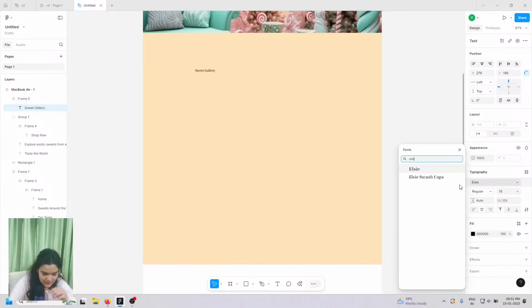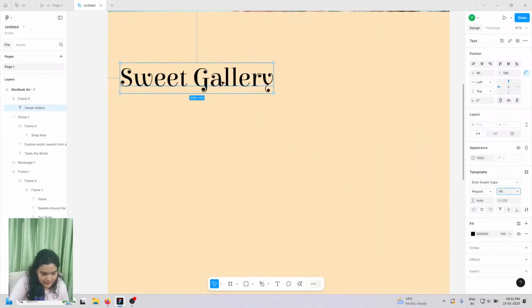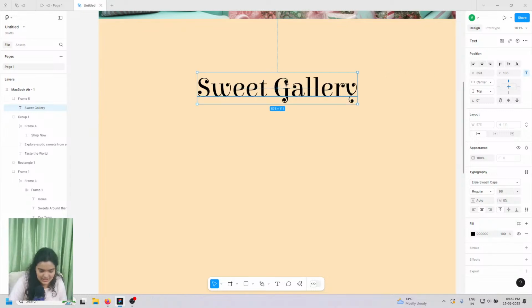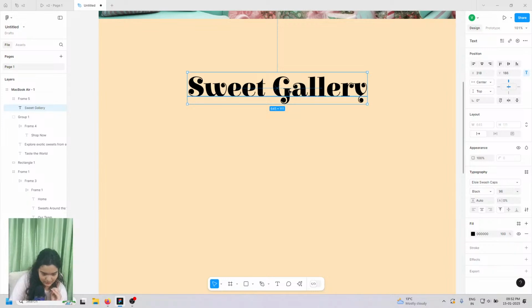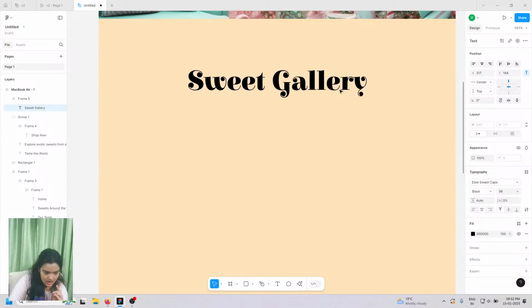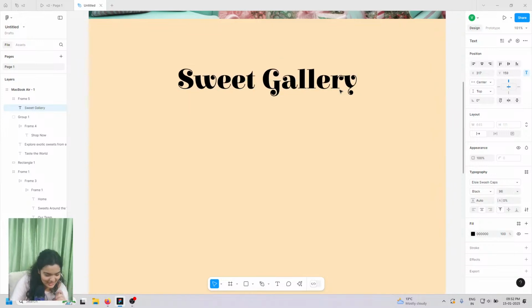Anyways, the font that we were using is LC Swash Caps. And with time, English is going to better itself, and things are going to work out, even if it doesn't seem so. In all seriousness, let's just align this in the center, and we're going to change this to black, obviously. Font size is going to be 96. Top English tip of the day: watch this UI design tutorial. Hopefully,